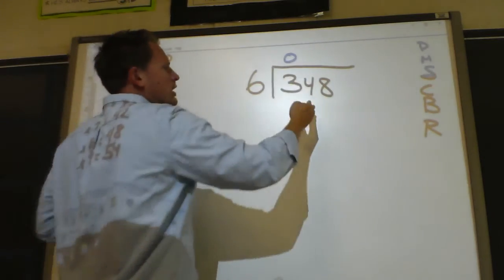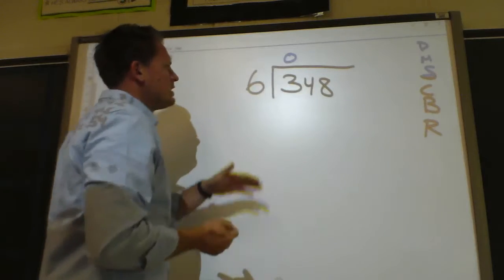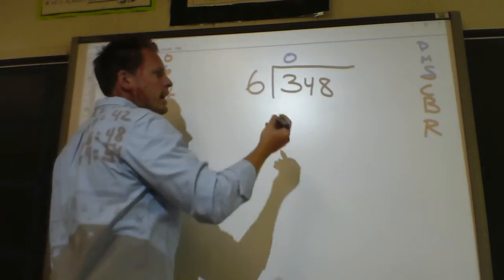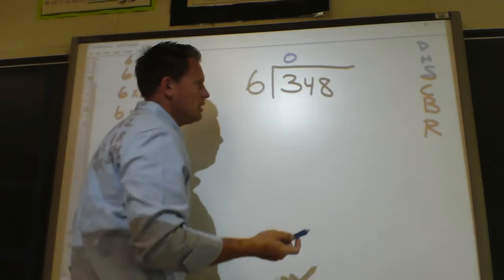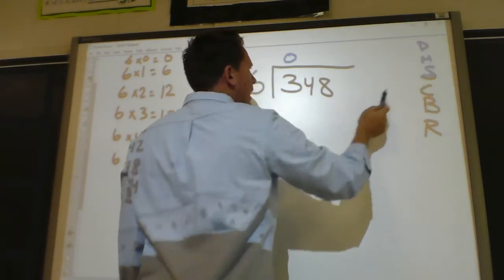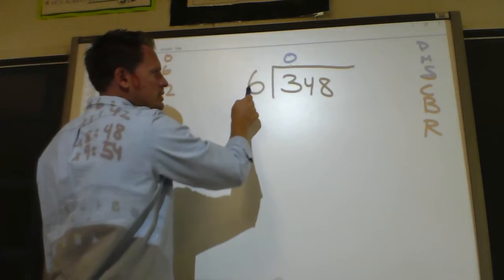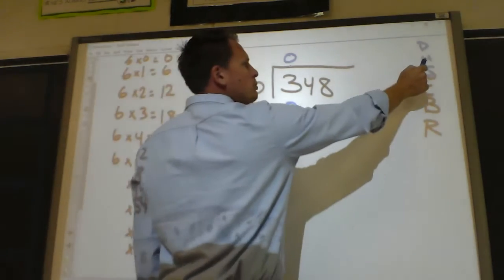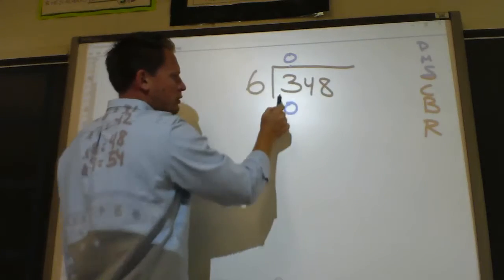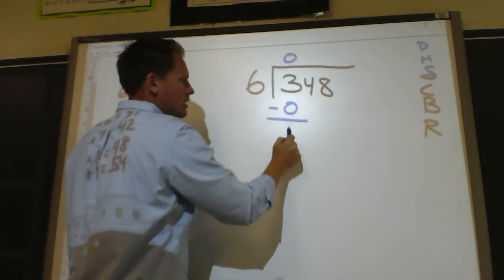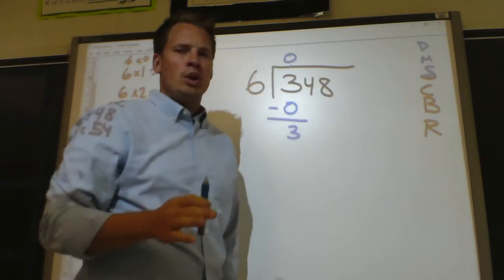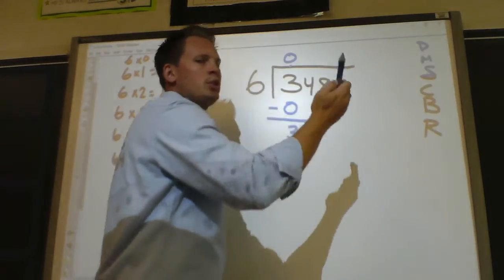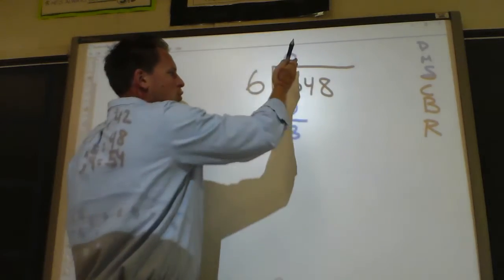As long as you're understanding that your place values need to line up, 6 does not go into 3. Technically, what you're supposed to do is after you divide, you multiply. So you're going to multiply 0 times 6. 0 times 6 is 0. After you multiply, you subtract. 3 minus 0 is 3. Please note, anytime you do one of these steps, the answer you get from that step is used in the